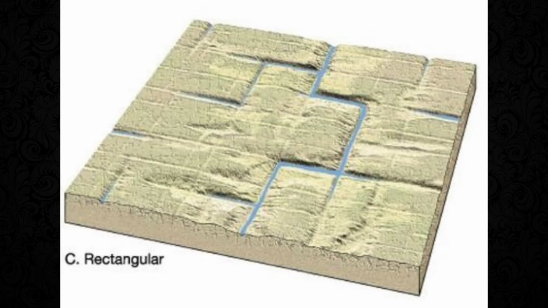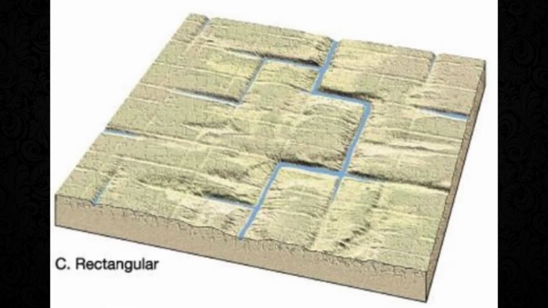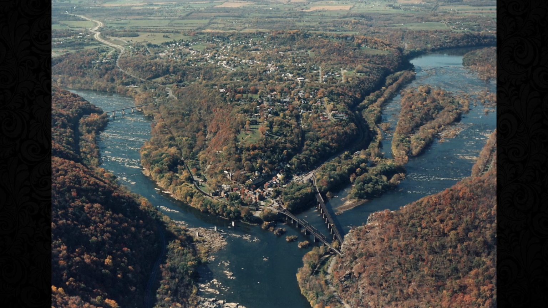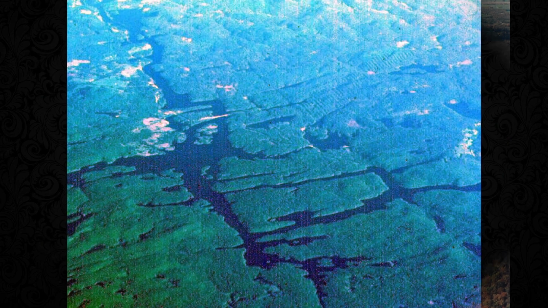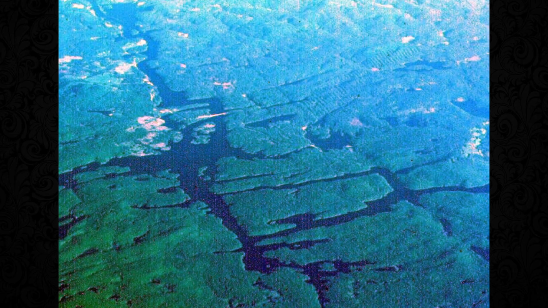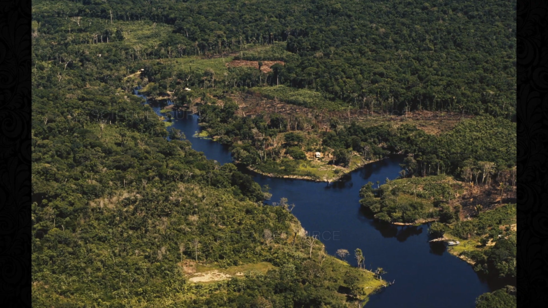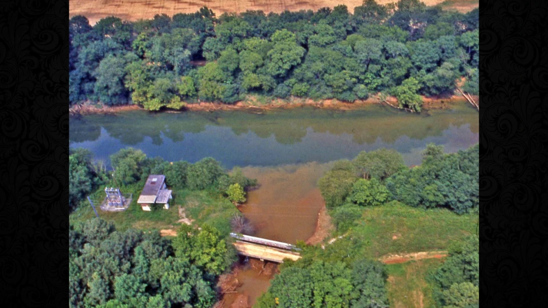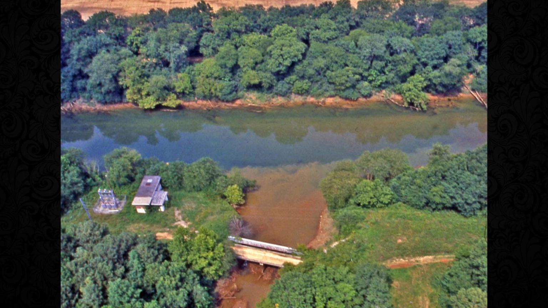Rectangular pattern. Rectangular drainage pattern develops in a region where the rock joints form rectangular patterns. The network of streams follows the lines of weakness like joints and fractures. The tributaries join master streams almost at right angles, and thus a rectangular drainage pattern is formed. This type of drainage pattern is developed in areas where structural controls are imposed by the joints and fault patterns of the underlying rocks.